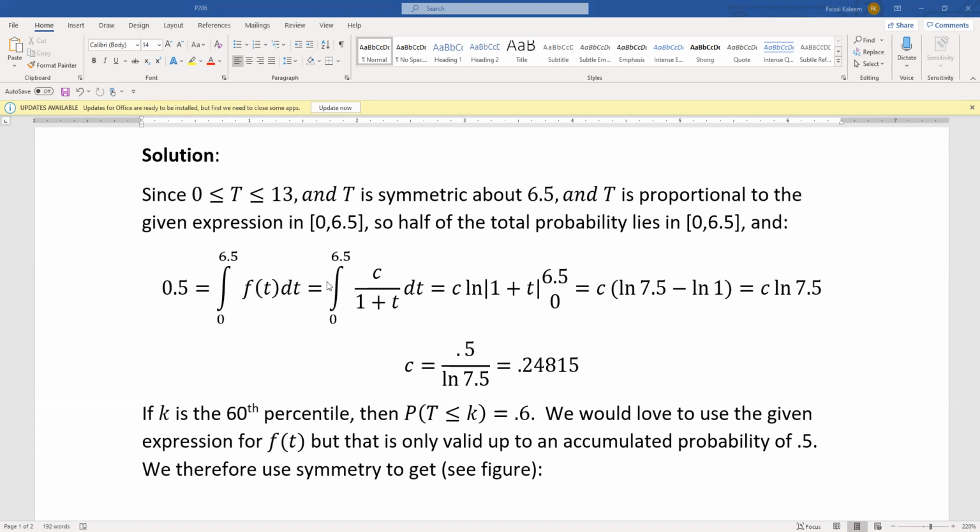The problem is that this proportionality is given only from 0 to 6.5, which means this expression is only valid for the PDF